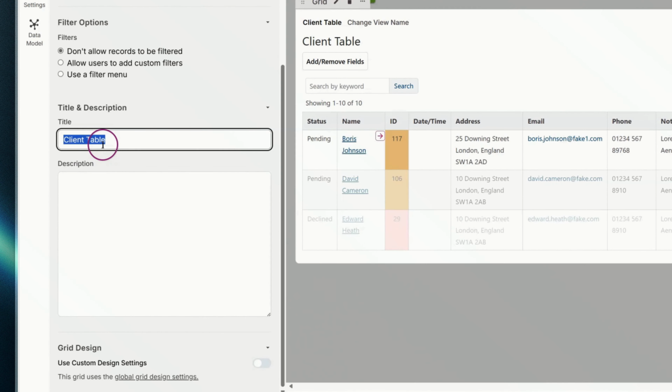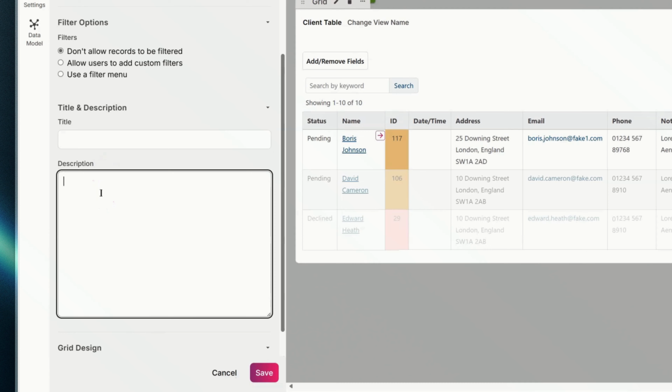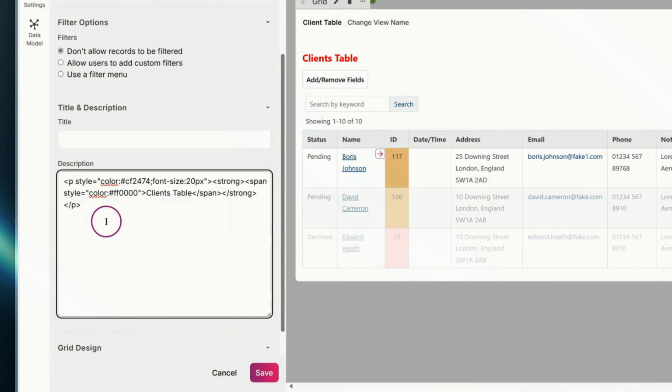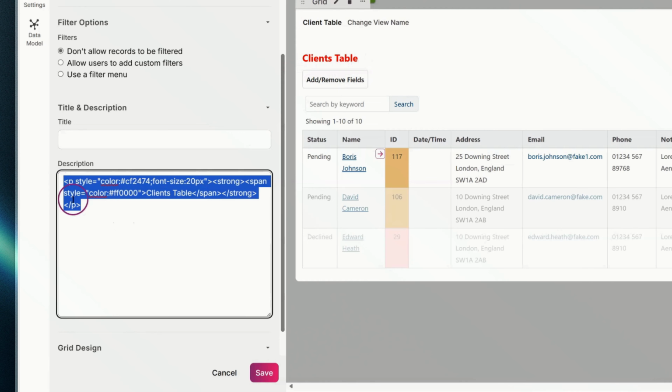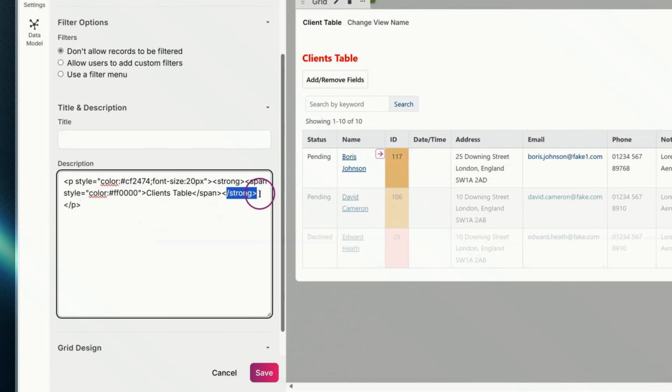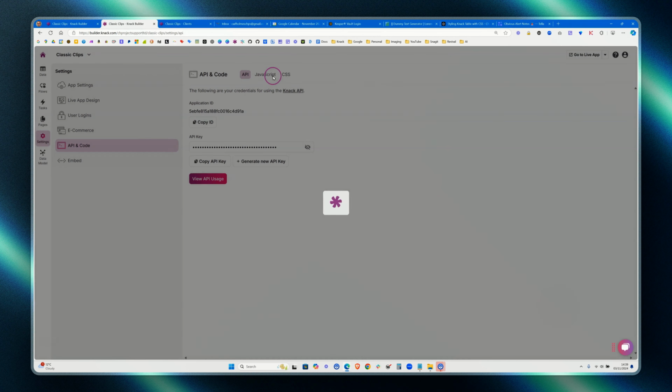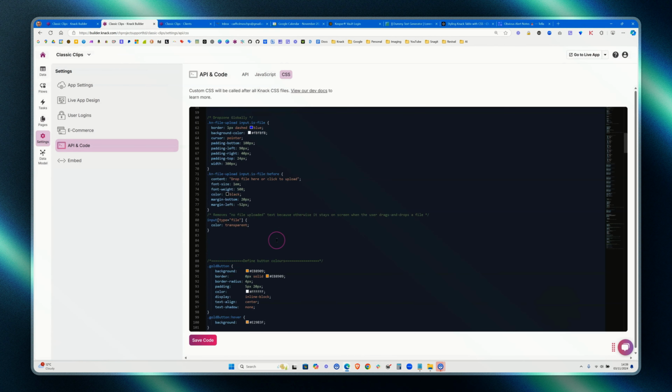I'm going to remove the title, and I'm going to paste in the CSS here in the description. I found that if I paste it into the title, it doesn't work with bold. It seems to ignore it. So putting it into the description, the strong part here seems to work well. So I'm going to save that, and then I'm going to go into my API and code into the CSS section,